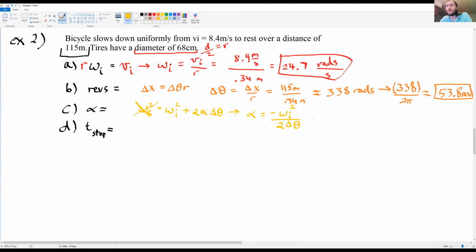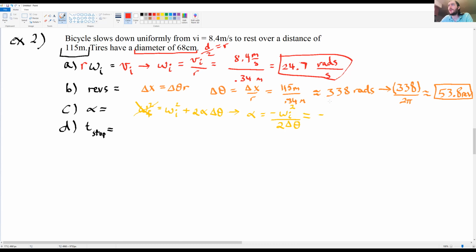Minus omega initial squared divided by twice delta theta. We can go ahead and plug in everything we've already calculated. We've already calculated omega initial and delta theta. So that's going to look like minus